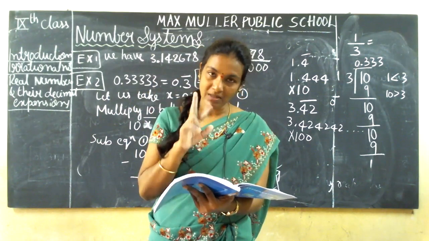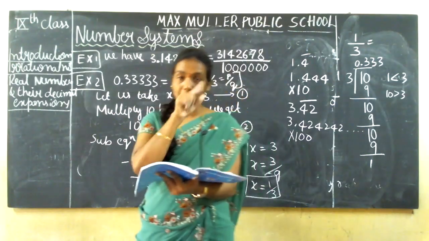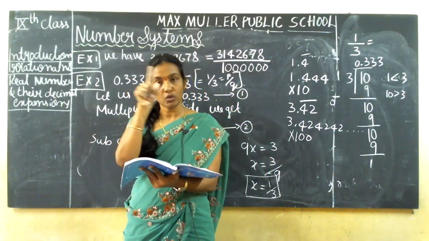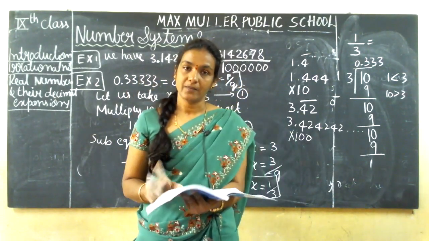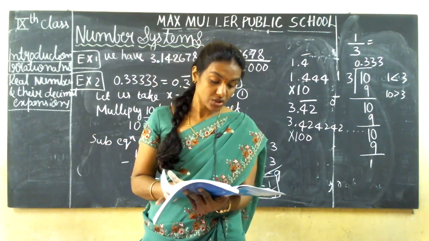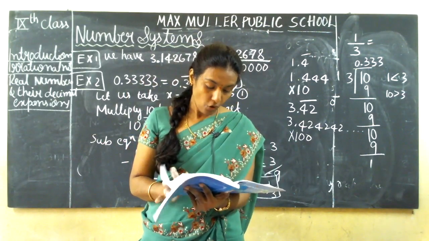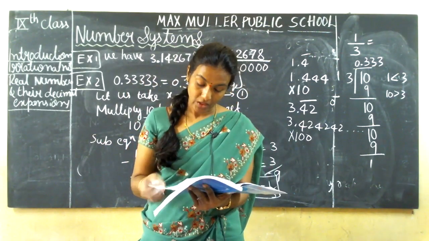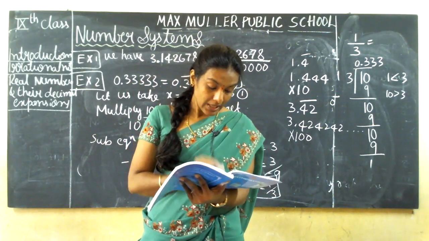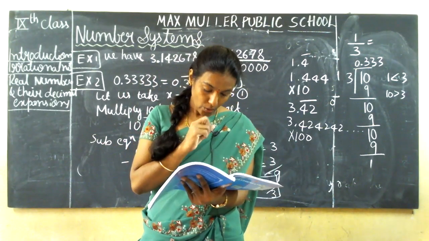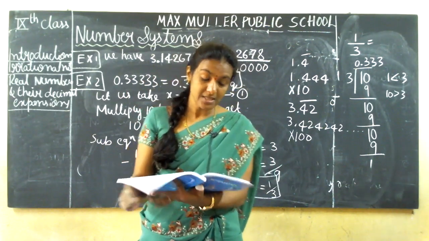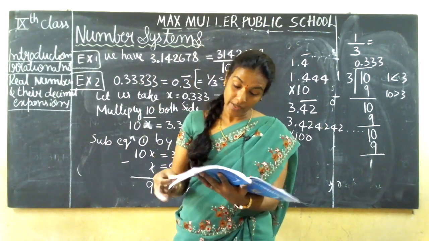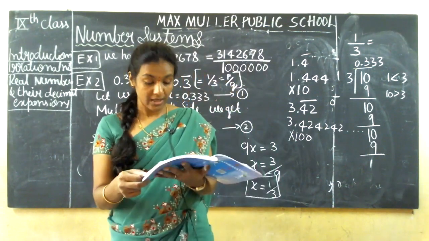Here see, two numbers are repeating, 2 and 7. The bar is on the numbers 2 and 7, so we multiply this number with 100 here. Understood? So you take this one as your homework. That's it. Clear? And the next one is here, the third one. This is the second kind of example here. So what will be the conclusion here?